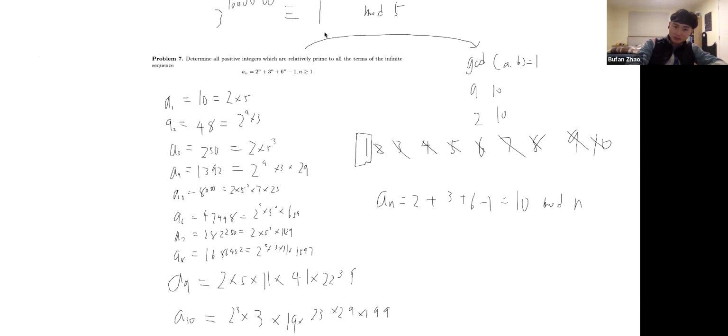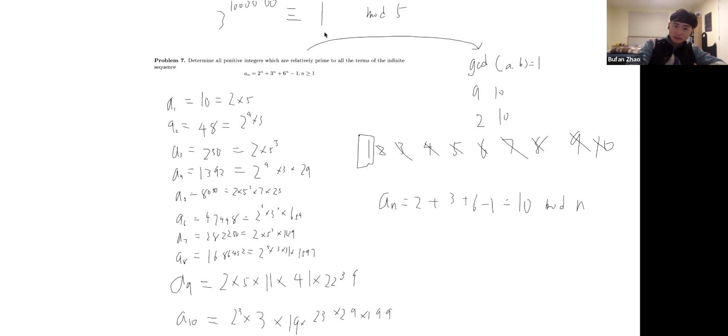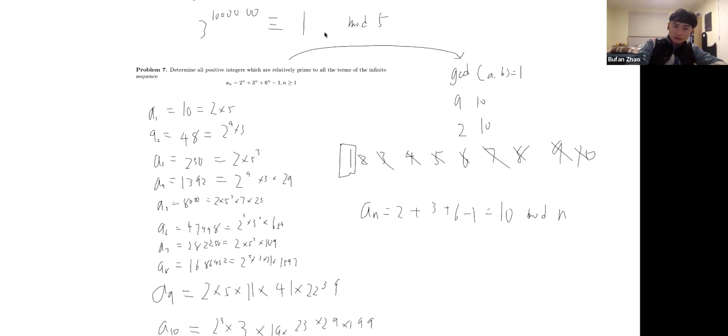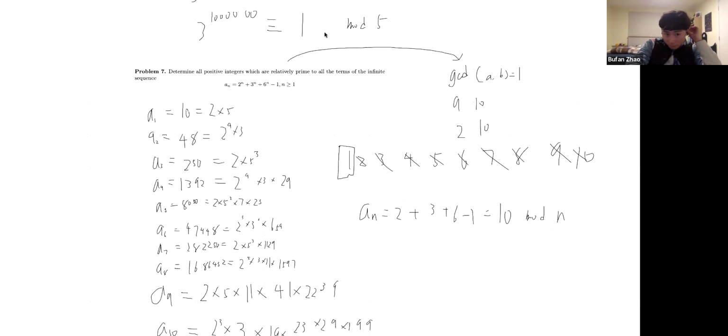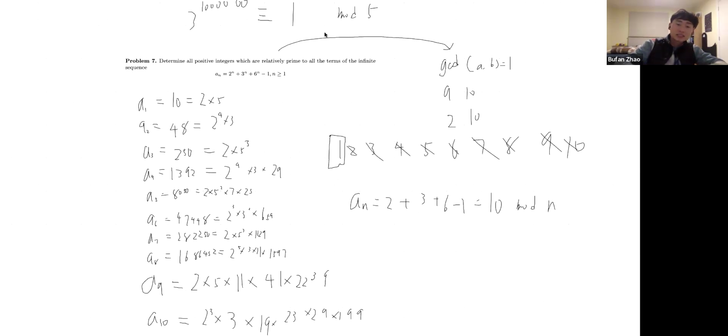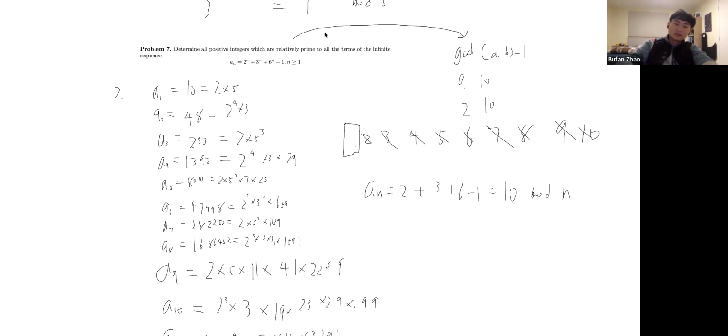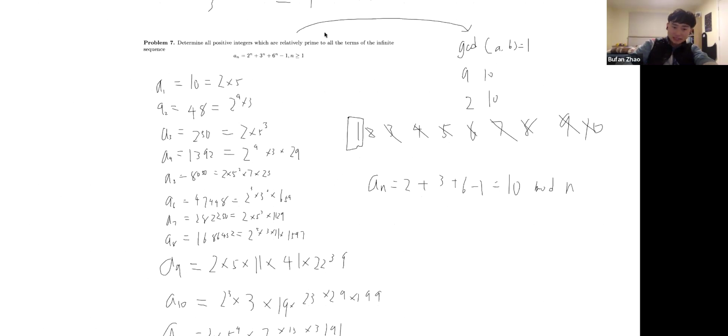So now I'd like you to observe: where does each number stop working? What I mean by that is, from the start, it's clear that 2 and all even numbers don't work because the first number is already divisible by 2. Actually, all of those numbers are divisible by 2, right? And then 3 stops working at a_2. So 2 applies to all of them, and then 3 is here,